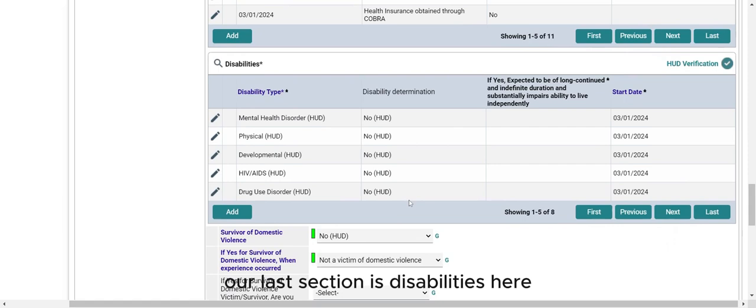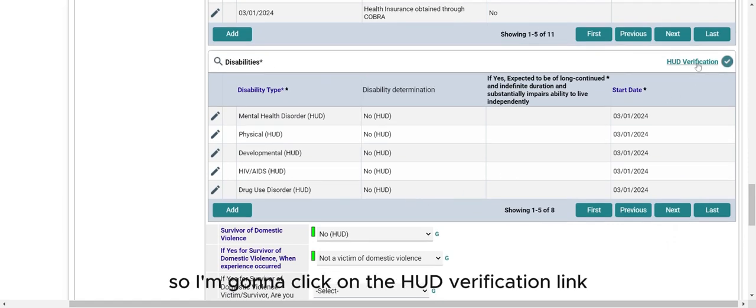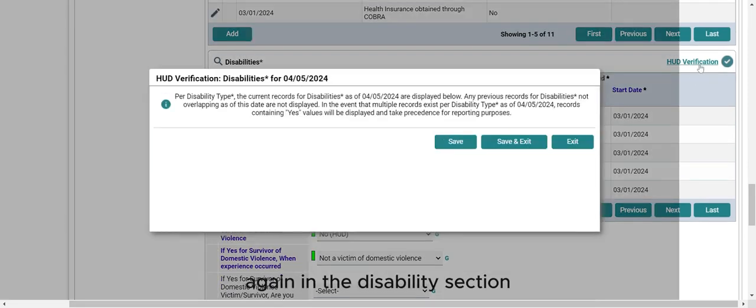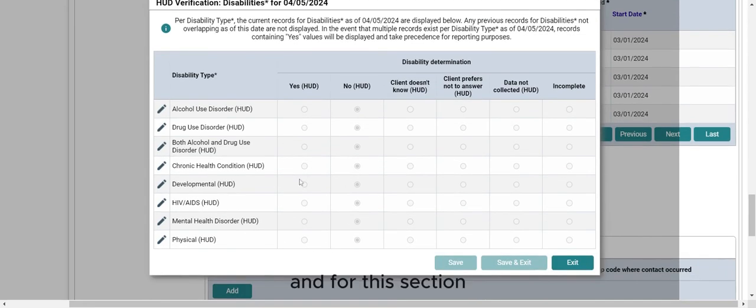The last section is disabilities here. So I'm going to click on the HUD verification link again in the disability section. And for this section, these are all of the HUD considered disabilities. And so usually when I'm going through this section, especially if the client is new to working in my program, I'm not super familiar with their case, I typically like to go through each one of these disabilities just to make sure we don't miss anything that